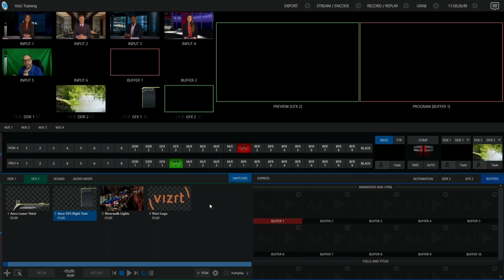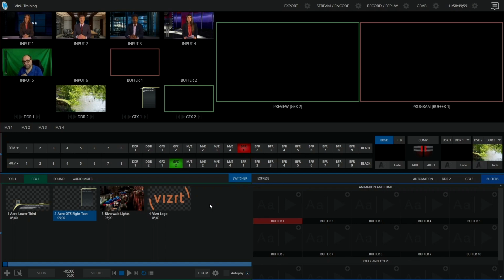But animation buffers are going to load their content into the graphics card memory and play the content from there. And there's a finite amount of graphics card memory, which means that every buffer that you load that's animation style will be limited to 500 frames maximum. They also do not support audio. So based upon your playback needs might determine whether you need to use a DDR or if an animation buffer